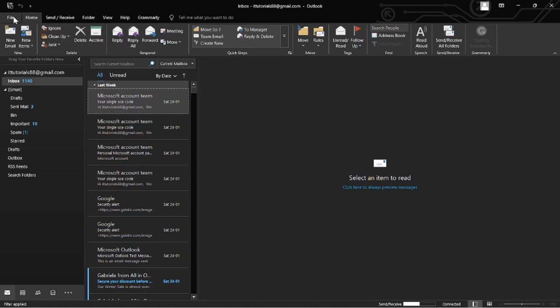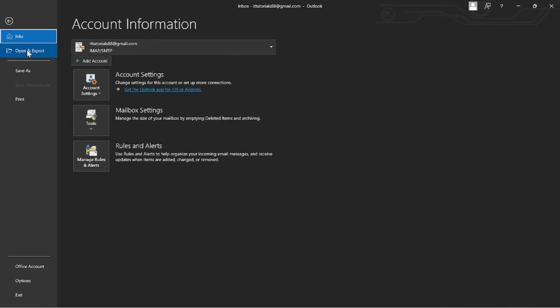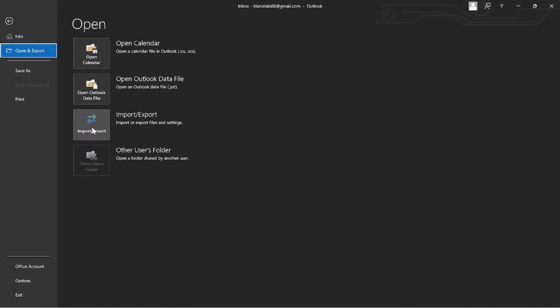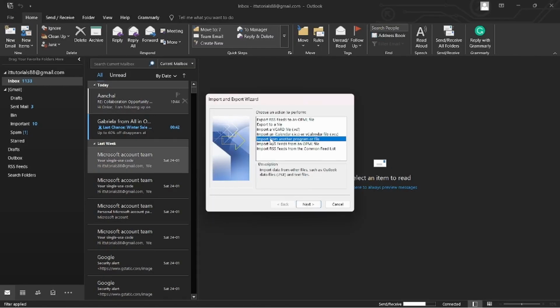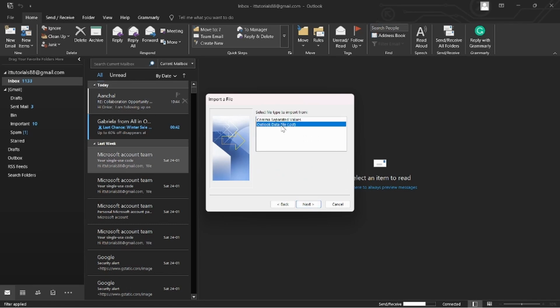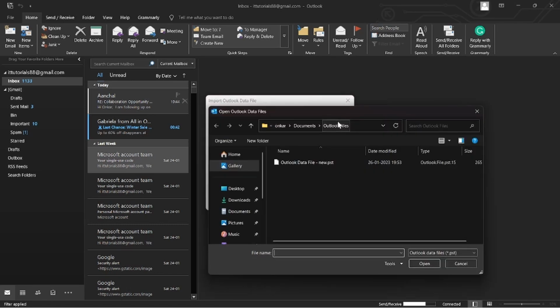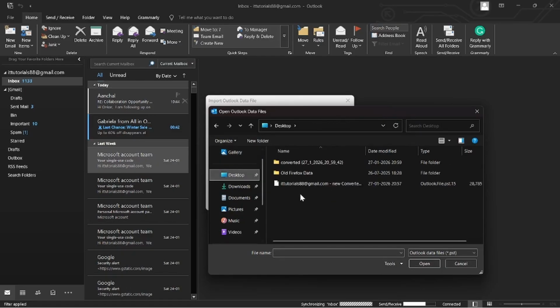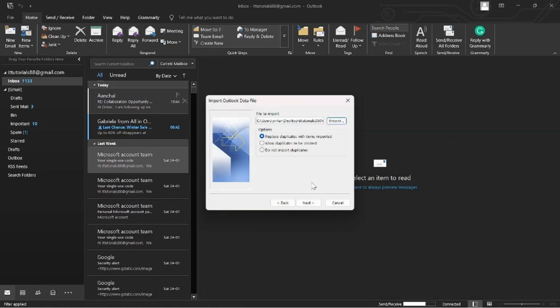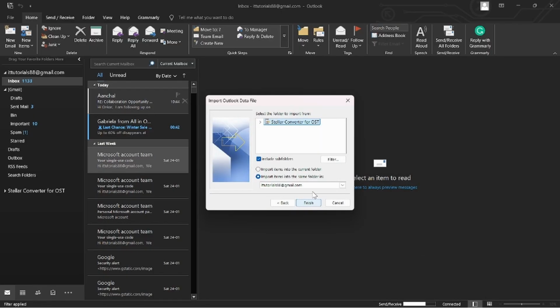and then let me go to file and then click on open and export. Then click import export and then select the option import from another program or file. Click next. Then select .pst. Then click next, and then click on browse and select the PST file that we just now converted. This is the PST file that I just now converted and saved. So select that and then click next